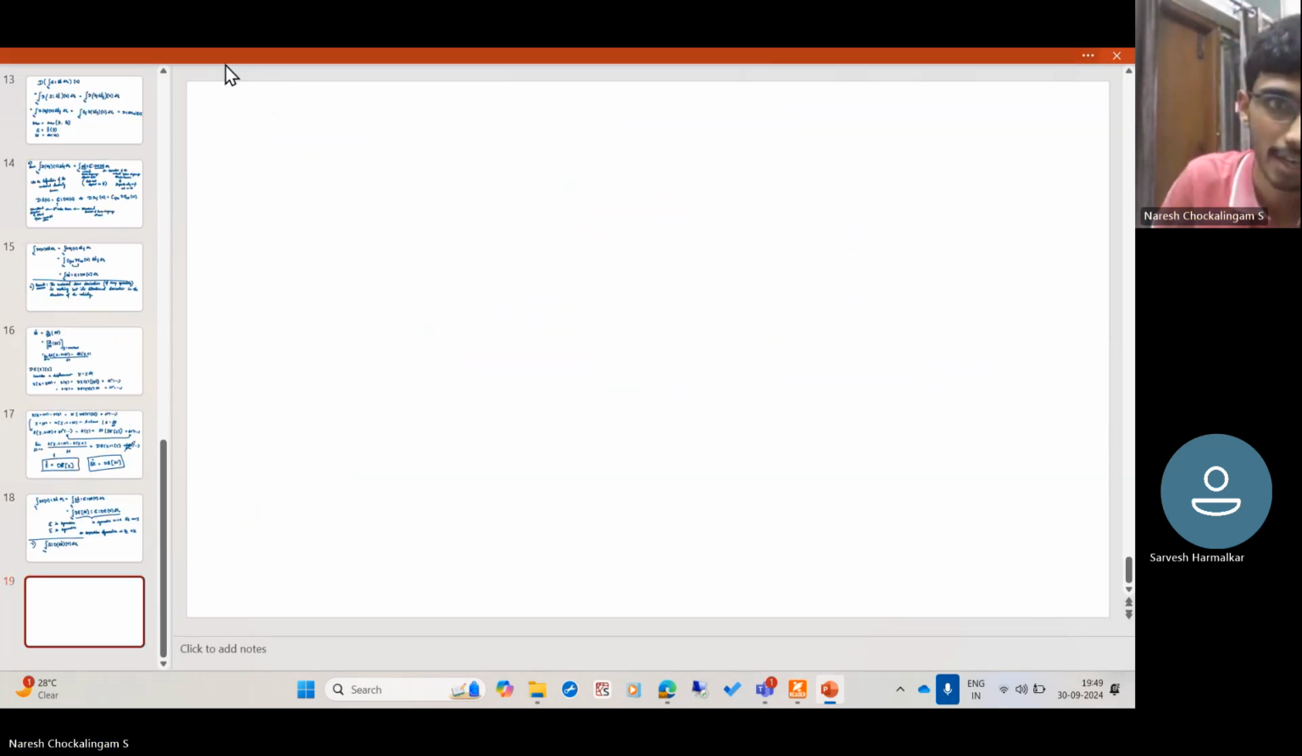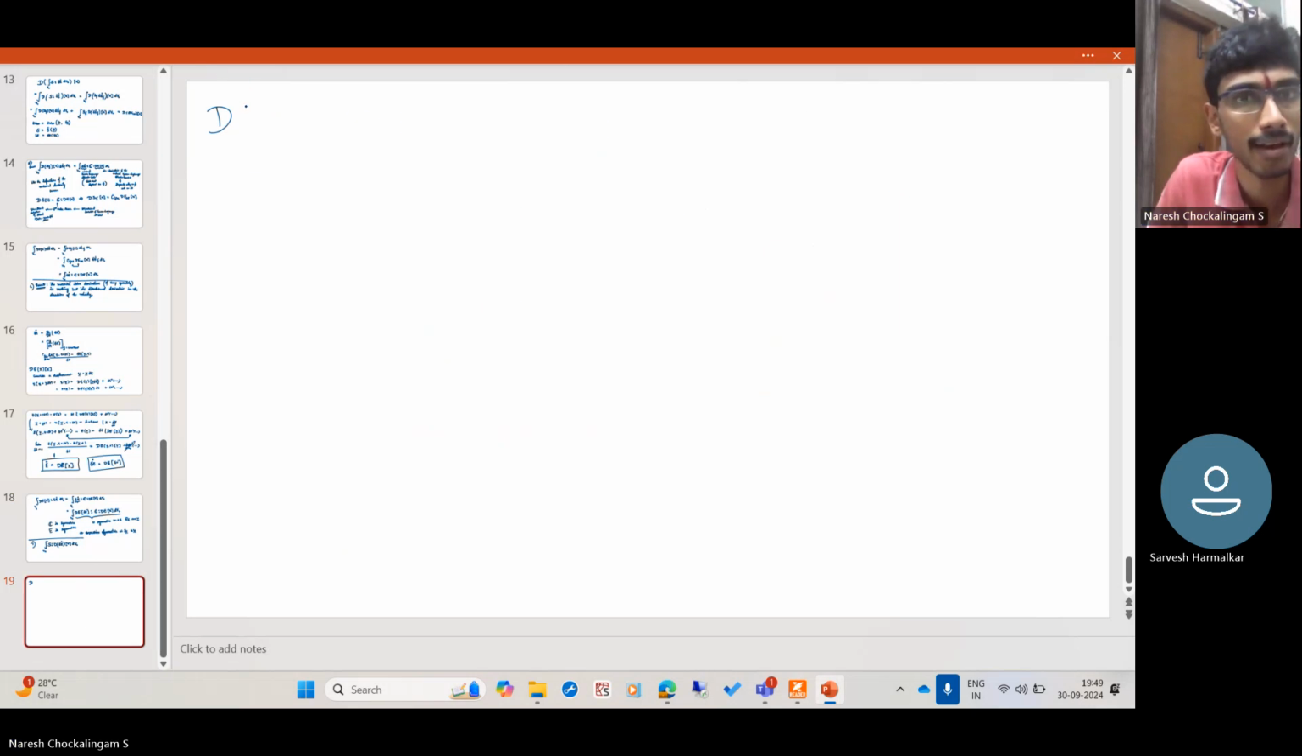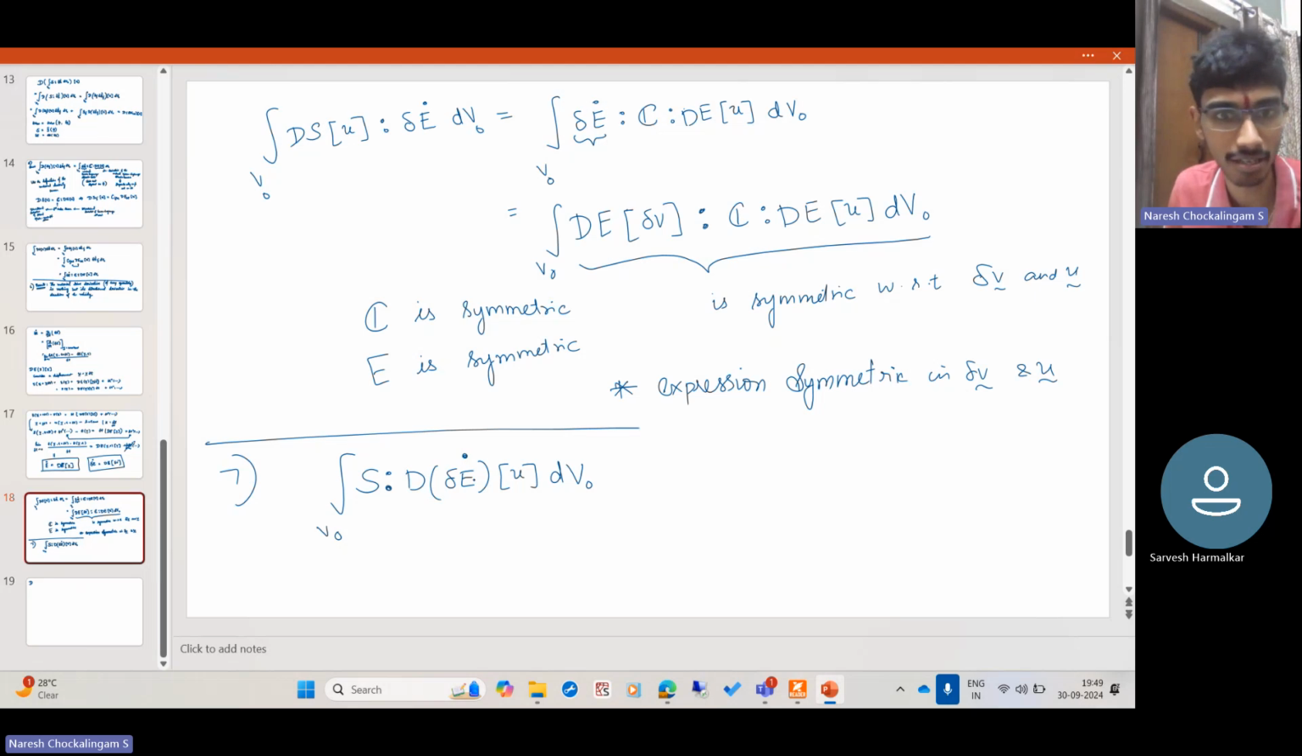Now, we have to find this quantity, right? This is not symmetric. You see, this quantity is not symmetric in U and del V. So del V is somehow inside this del E dot, and we don't know how this works. But we know that del E dot does not depend on U. U is a perturbation applied to the configuration, whereas del E dot is not. Del E dot has got nothing to do with that. Del E dot is coming purely from the